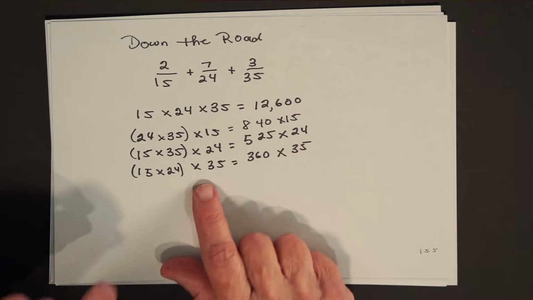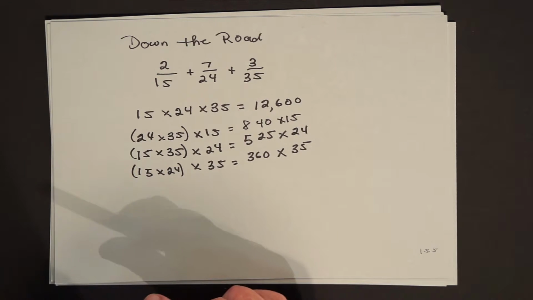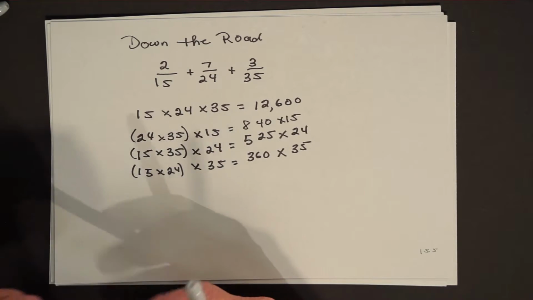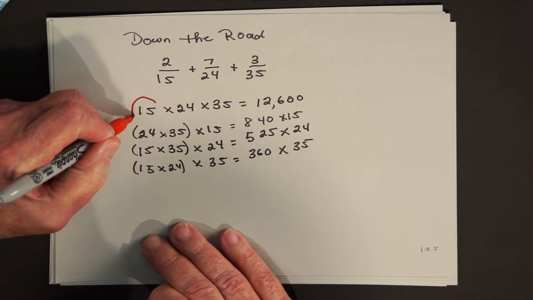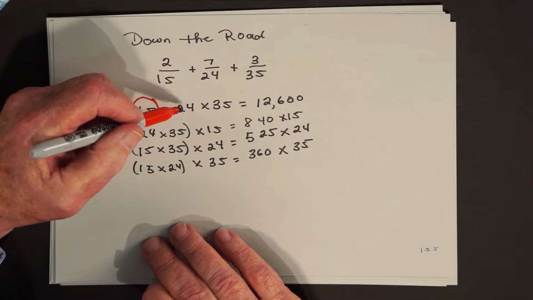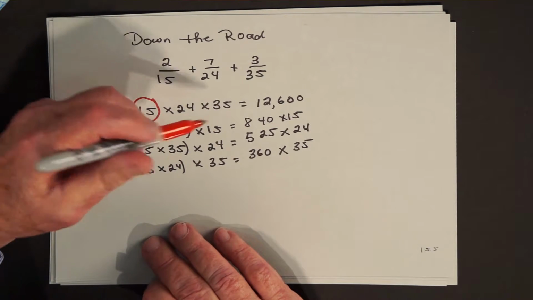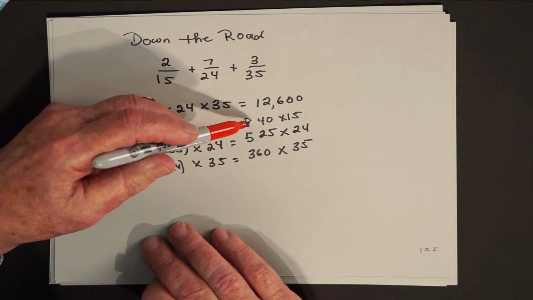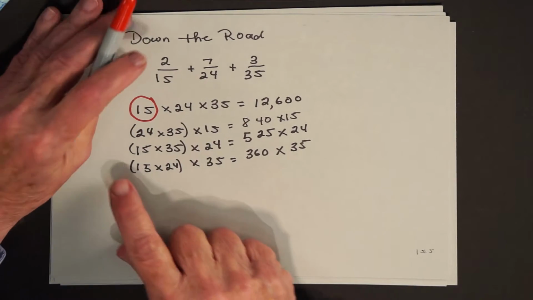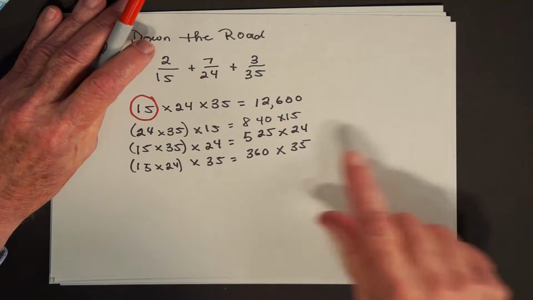If you want to see what multiple of 15 this is, there's a neat way when everything is broken down and you can see the factors. What you do is circle the 15 and see what's left. What's left is 24 times 35. So what do you have to multiply 15 by to get 12,600? 24 times 35, which happens to be 840. This says if you were listing the multiples of 15, you'd have to go out 840 places before you got to